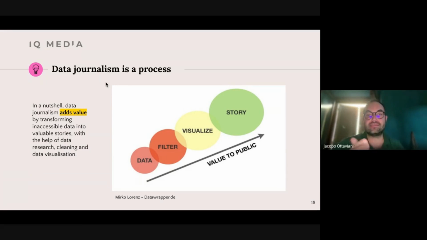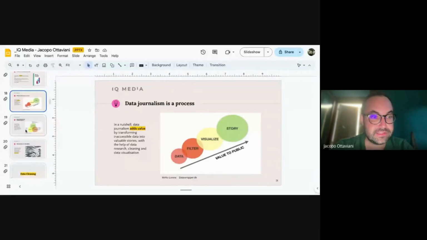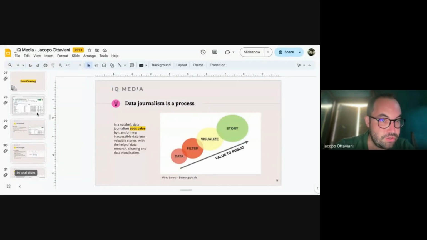So data cleaning is the process of taking the data from, for example, the United Nations or from any data source. We used the UN Habitat report last week, but it can be the World Bank, it can be the National Institute of Statistics of Greece, or Eurostat, or any National Institute of Statistics of any country. You can download the data, but then you have to clean it. So the cleaning happened by basically doing two things, and I'll share my screen again